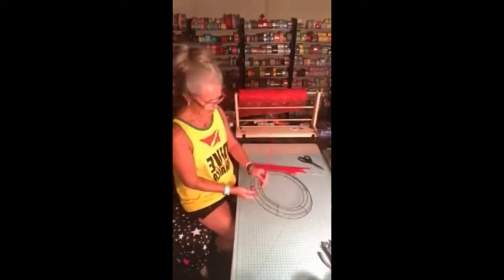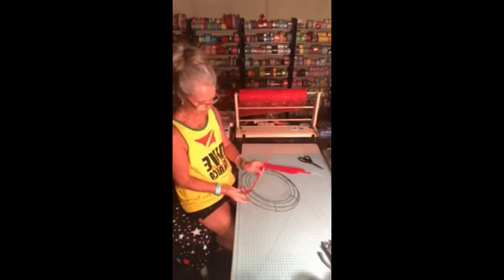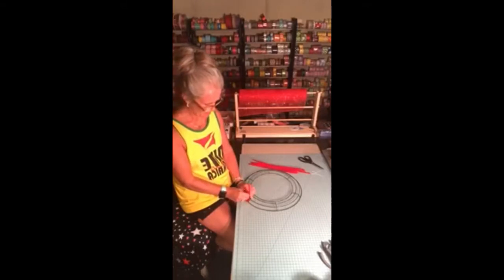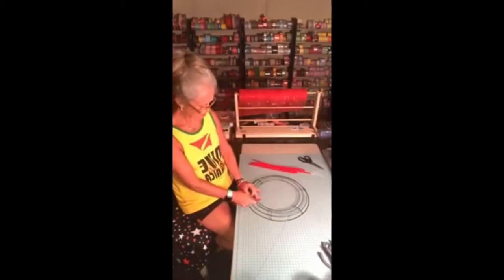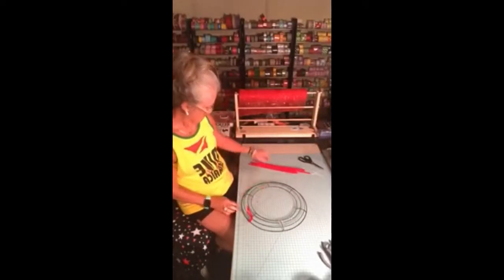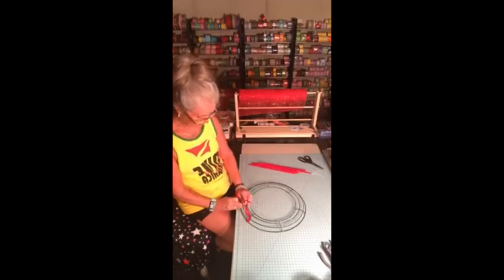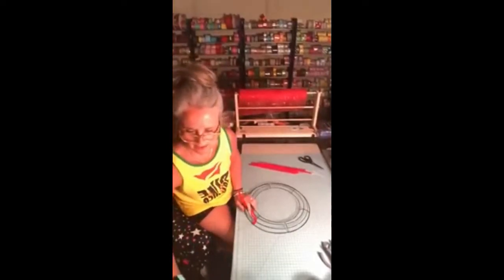I always use a Dollar Tree frame, and you use 18 Chenille pipe cleaners. I always start on the bottom, and I always start next to an up and down post. That way you've got one that's secured on there. So I'm going to give it 3 good twists, and then you're going to move them on here about 4 1/4 inches. Sometimes you might be a little bit less and a little bit more, but 4 1/4 is usually pretty good. And we're going to put 10 pipe cleaners on the bottom, and we're going to put 8 on the top. So we'll have a total of